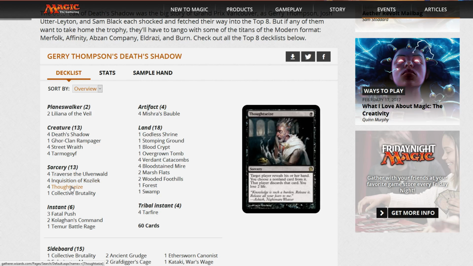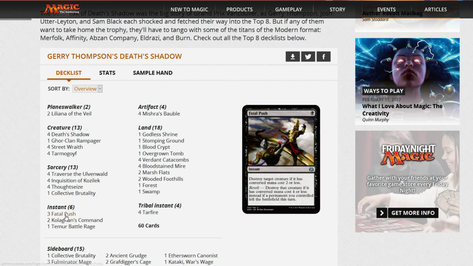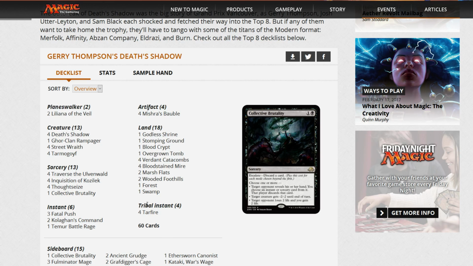The old version just ran Thoughtseize, and Thoughtseize was just rip out a card and take 2 life. Even Collective Brutality is in here. So Fatal Push, Kolgan's Command, Temur Battle Rage. No Lightning Bolts, which is actually kind of crazy,